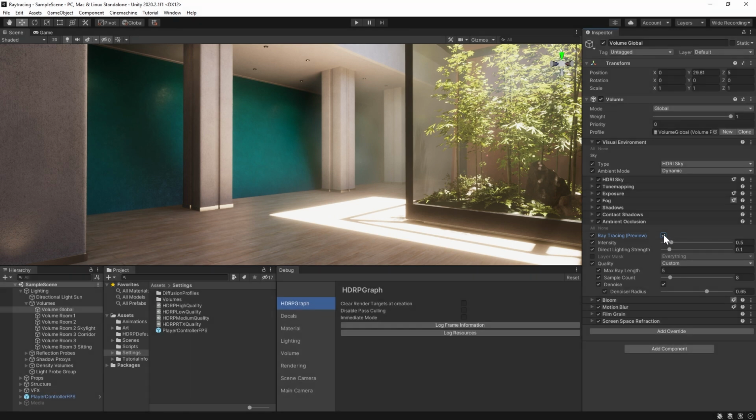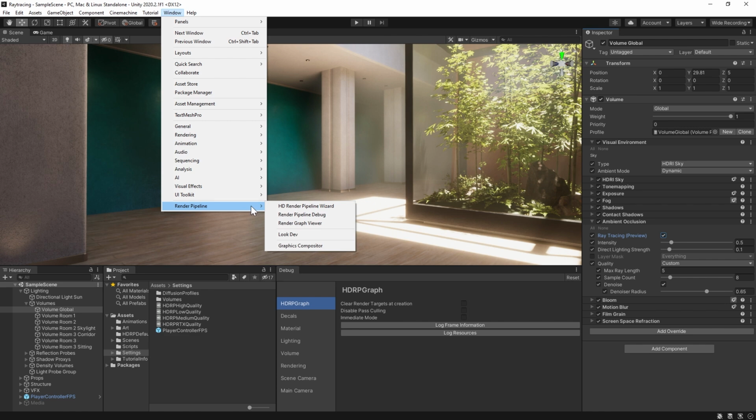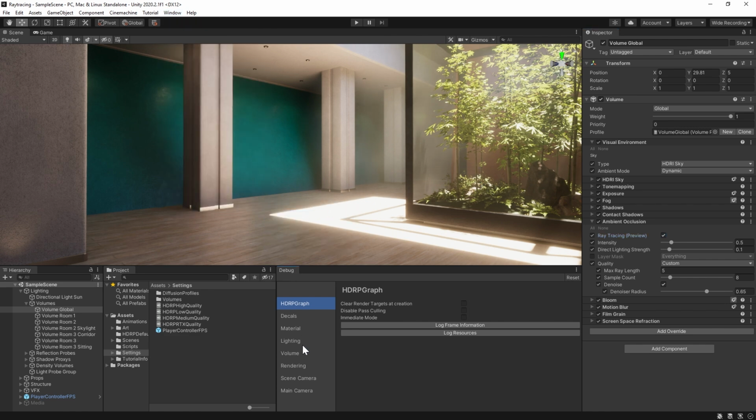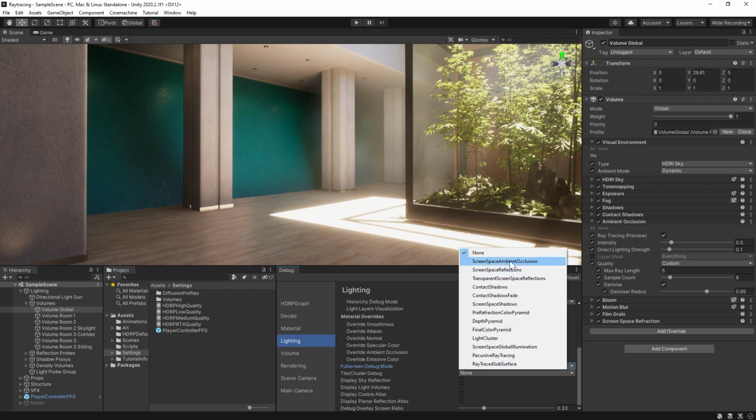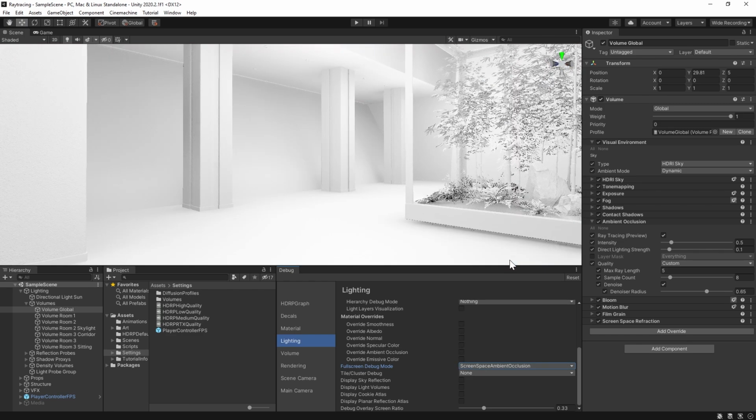Usually, AO is a fairly subtle effect, so to showcase it more easily, I'll enable the screen space AO debug view. Head to Window, Render Pipeline, and then open the debug window. In the Lighting tab, you'll now activate the full screen debug view for this effect. If you notice some jittering in these debug views, this is perfectly normal, as the temporal anti-aliasing is not applied